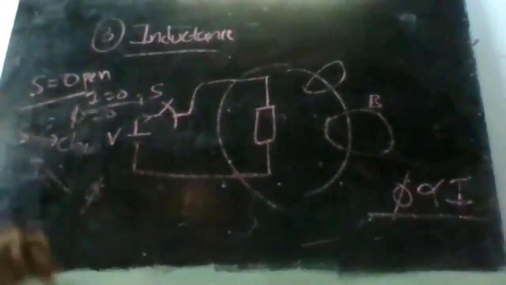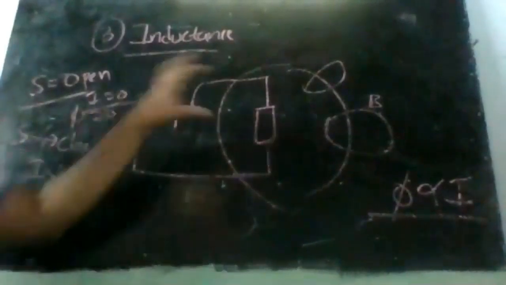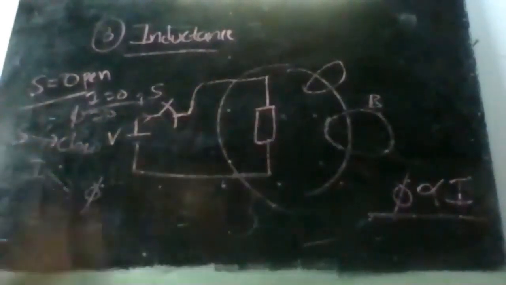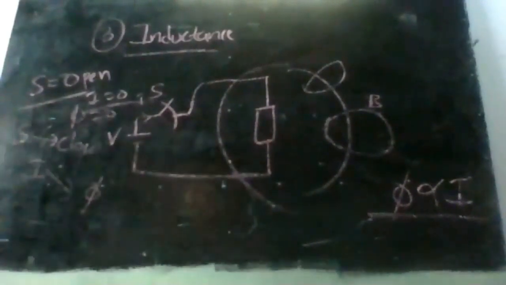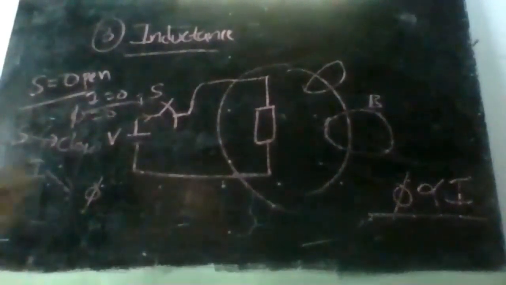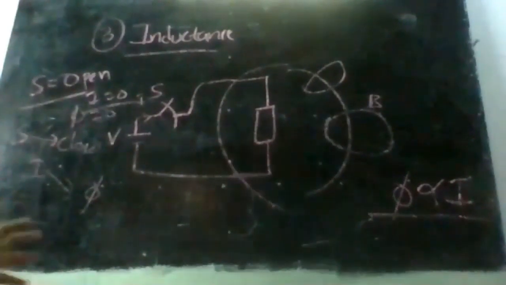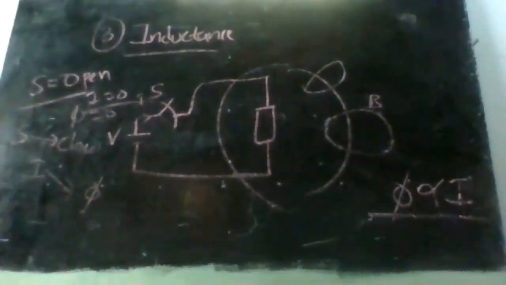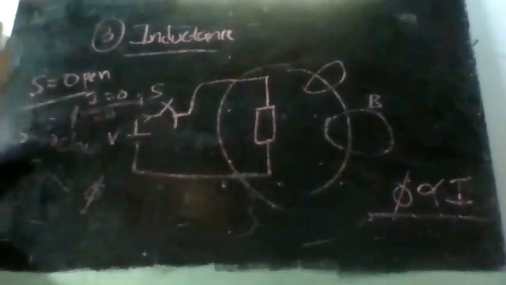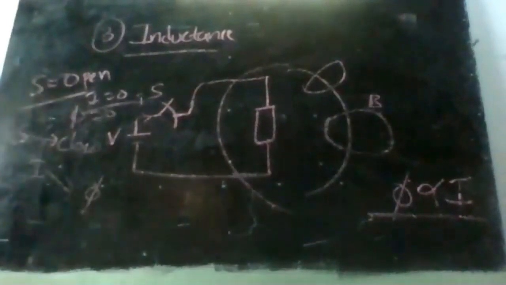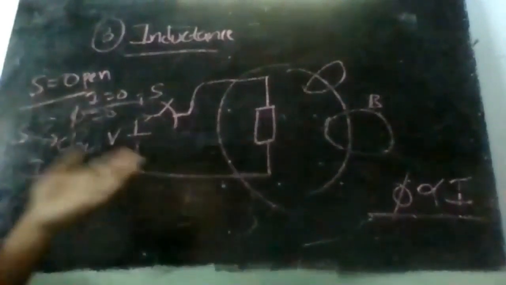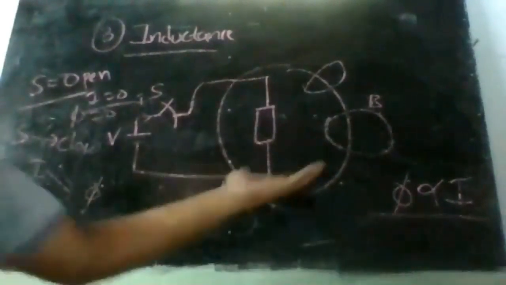But the point here is that this current carrying conductor, which is acting like a magnet and producing the magnetic flux, cannot change in 0 time. It opposes the magnetic flux changing instantaneously whenever you open or close the switch. When I open the switch, the flux should become 0 because there is no current. When I close the switch, the flux will become some value depending upon the current applied.